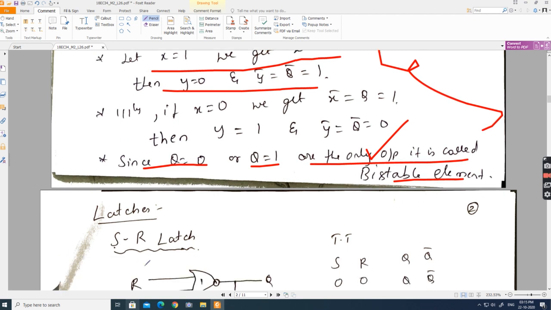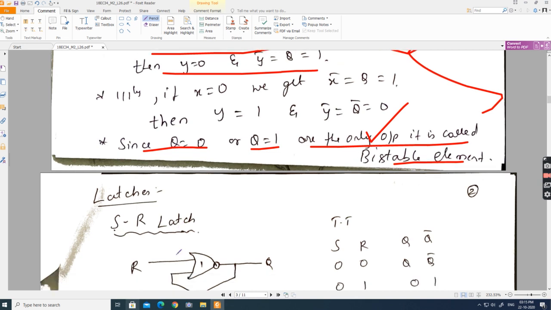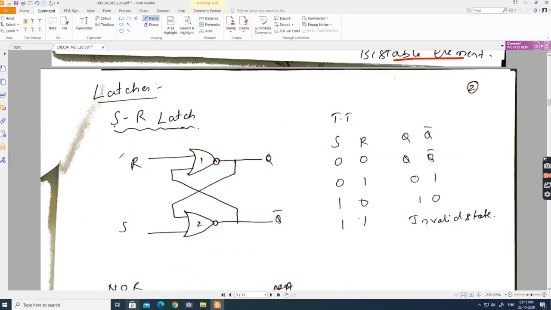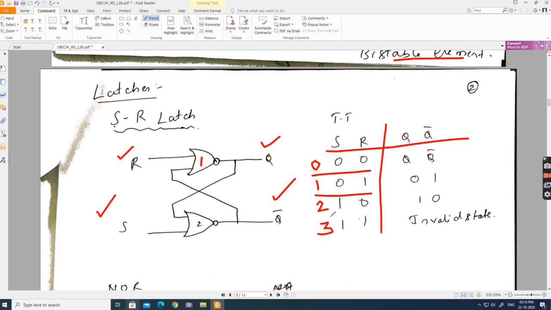Next one, SR latch. So SR latch, look here. The first input is R. The second input is S. The output is Q. The next output is Q bar, and this is gate number 1, and this is gate number 2. Right? Hopefully, people know this truth table. Correct? I'll call these case 0, case 1, case 2, case 3. Row 0, case 0, row 1, case 1, row 2, case 2, row 3, case 3. Fine. Which case are you supposed to start with?